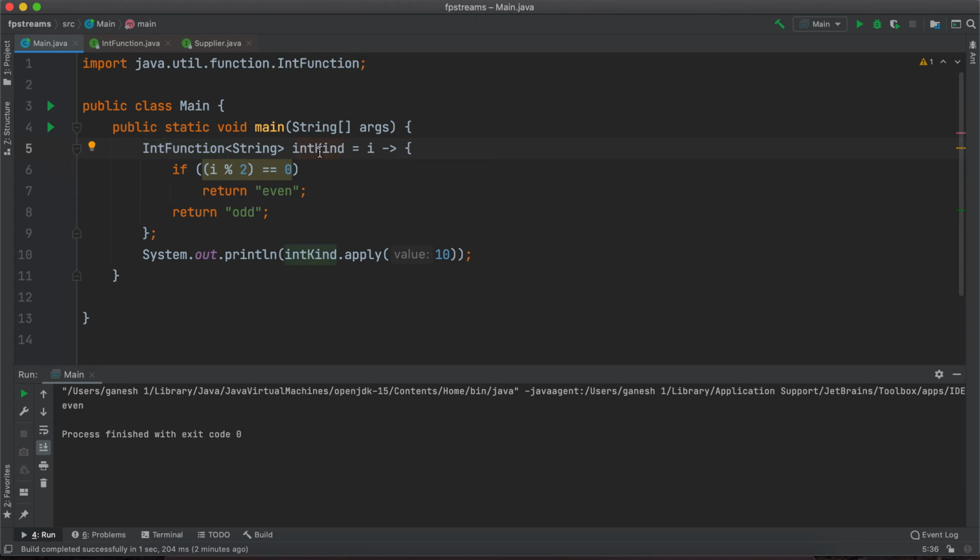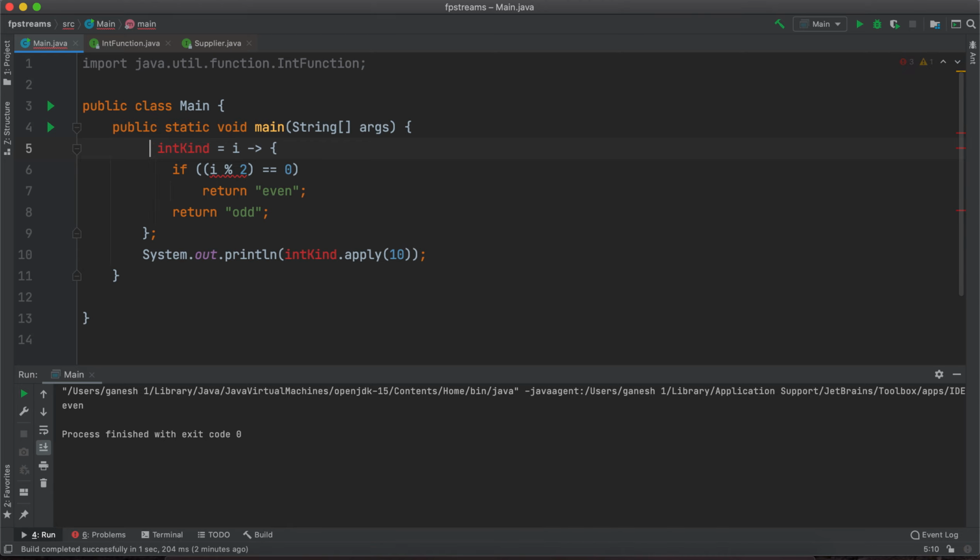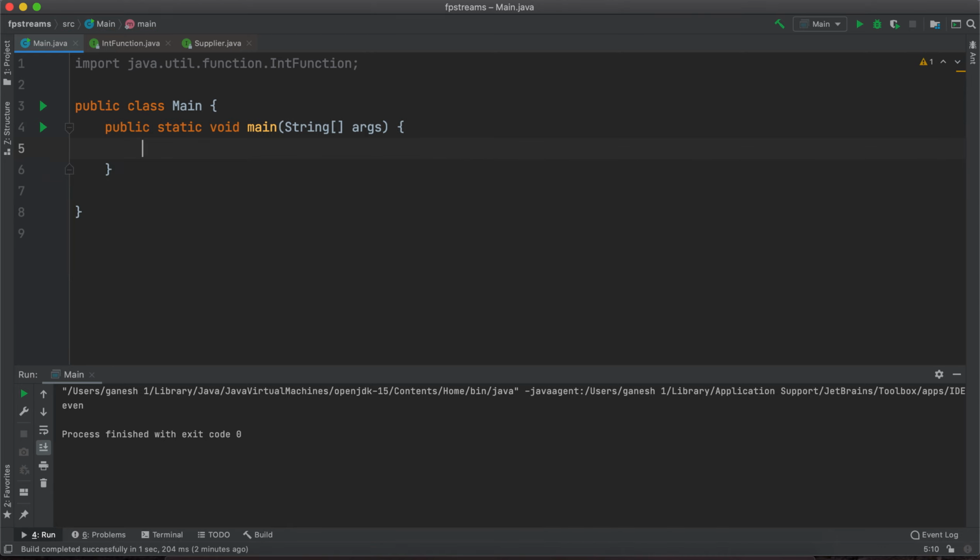Now let's get rid of this IntFunction and create our own functional interface. Let's start from scratch and create another simple lambda, and create a functional interface for the same.